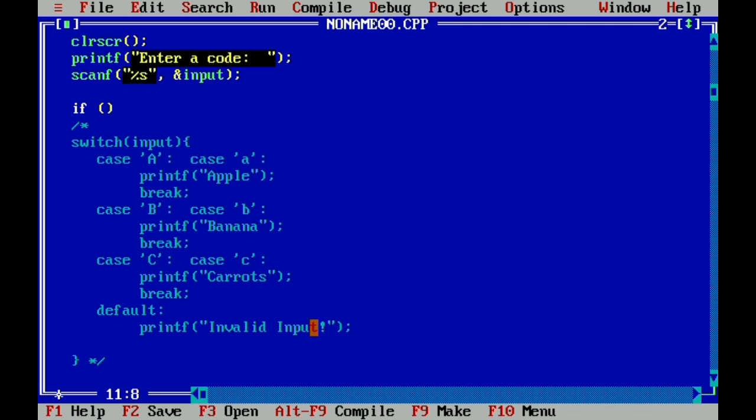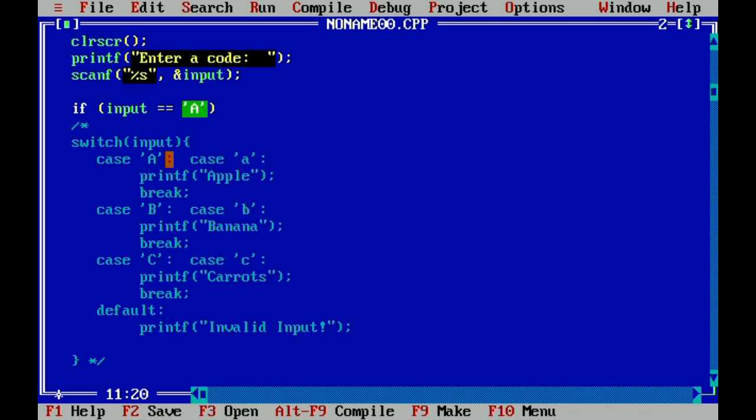So you will have input if it is equal to capital letter A. This is one of the conditions that is similar to your switch case.